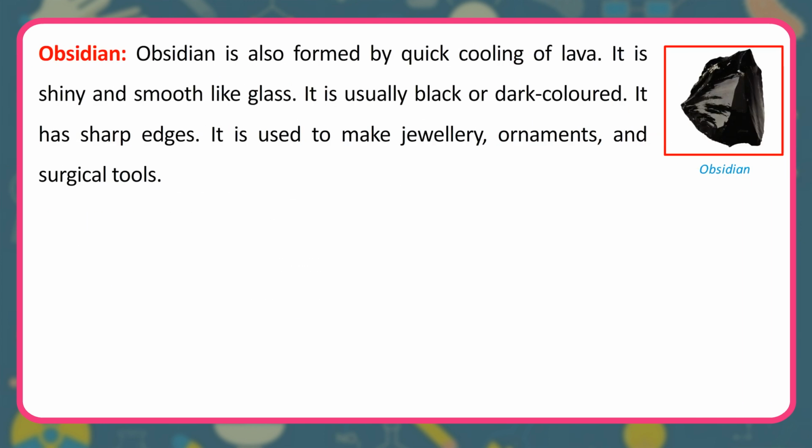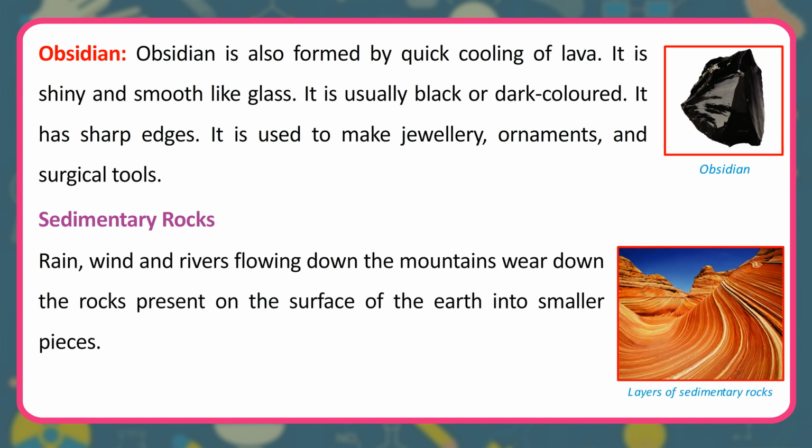Obsidian. Obsidian is also formed by quick cooling of lava. It is shiny and smooth like glass. It is usually black or dark colored. It has sharp edges. It is used to make jewelry, ornaments, and surgical tools. Obsidian. Sedimentary rocks. Rain, wind and rivers flowing down the mountains wear down the rocks present on the surface of